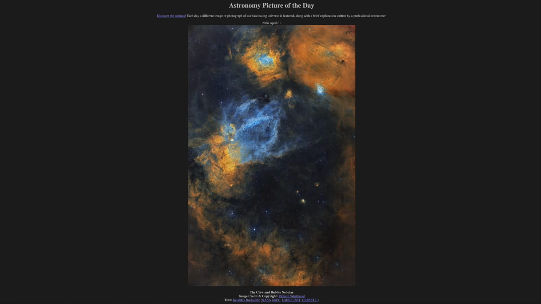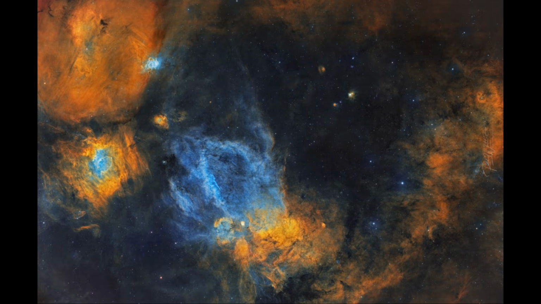Today's picture is titled The Claw and Bubble Nebulae. So what do we see here? Well, here we turn this to the side a little bit to let it fill our screen better. And what we see are two nebulae here, and that is the Claw Nebula kind of reaching off over